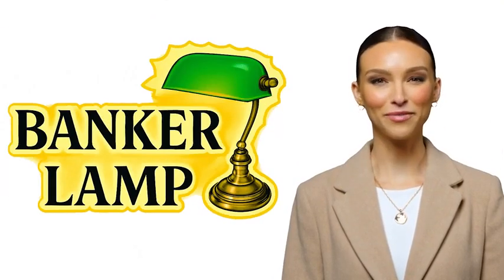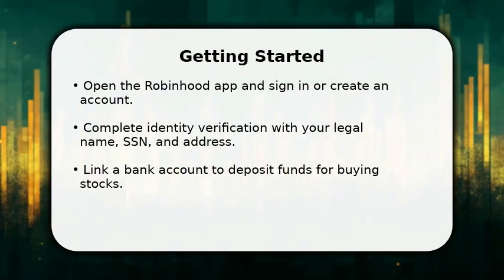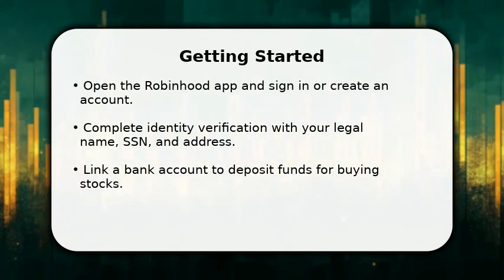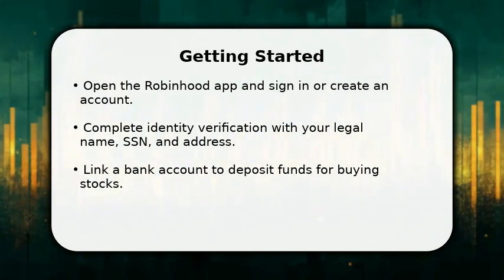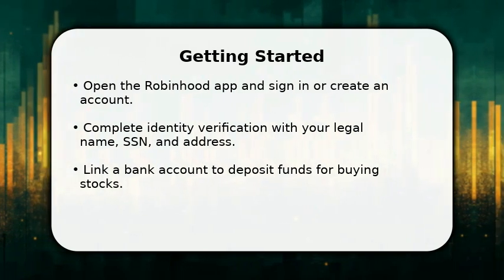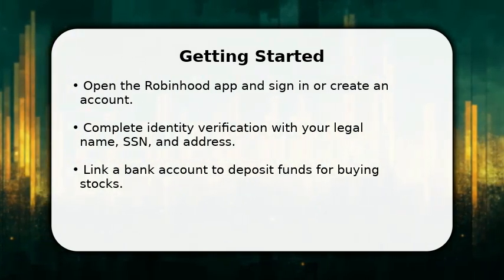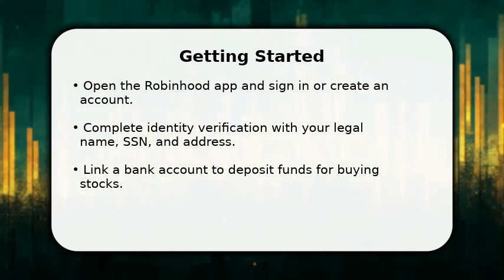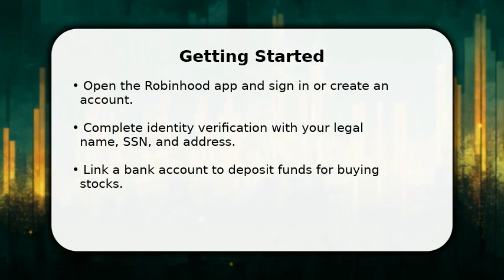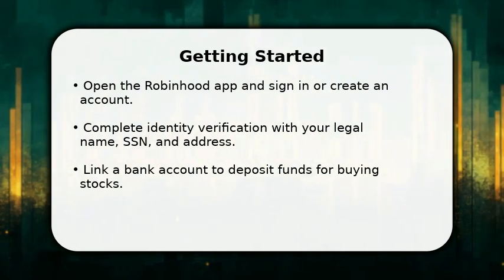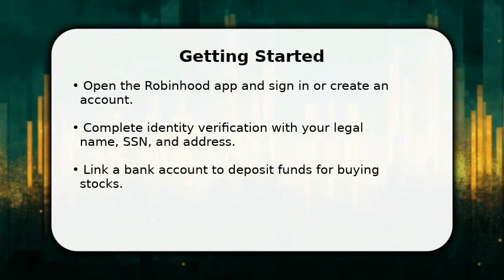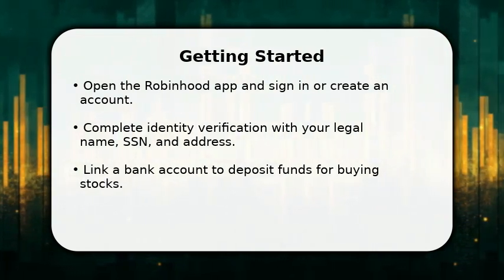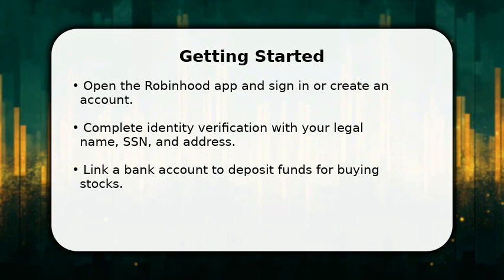In this video, I will show how to buy stocks on Robinhood, a full guide. Open the Robinhood app and sign in or create an account, then tap the account icon to begin verification. Follow prompts to enter your legal name, SSN, and address for identity checks, then link a bank account to transfer funds. I'll guide you through each step so you can invest confidently and avoid common mistakes as you start buying